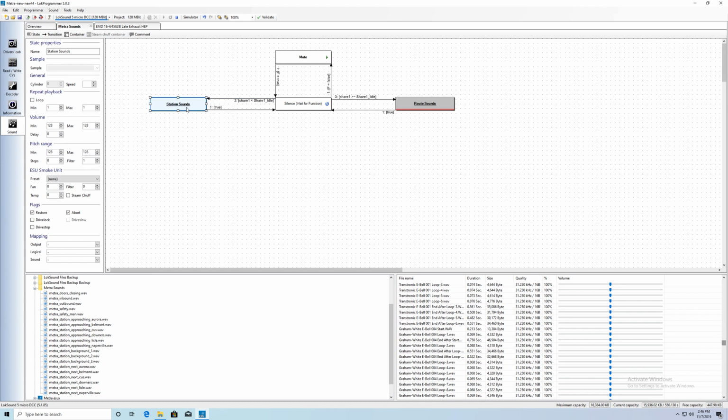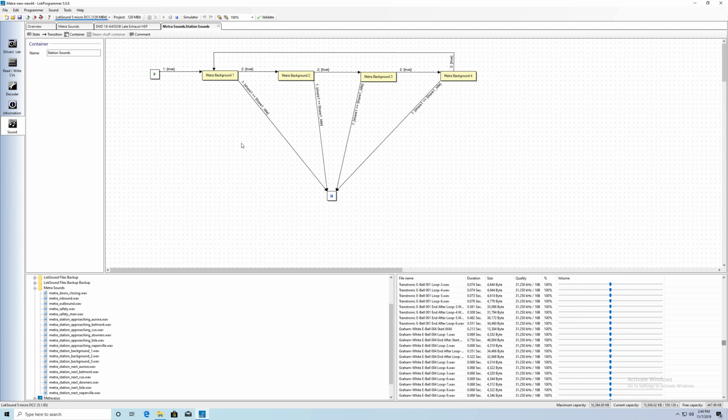So station sounds is a container, right? Remember I was telling you about states, transitions, containers. Containers means you can tap into it, and this is essentially a subroutine. All these containers basically have an